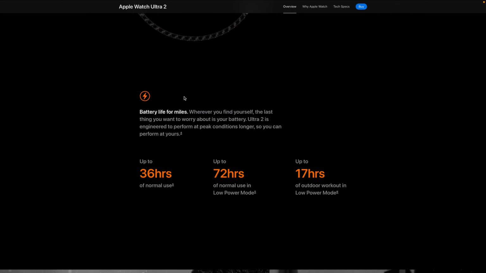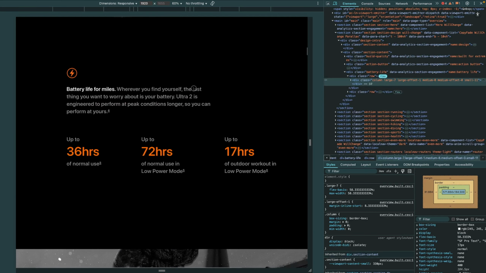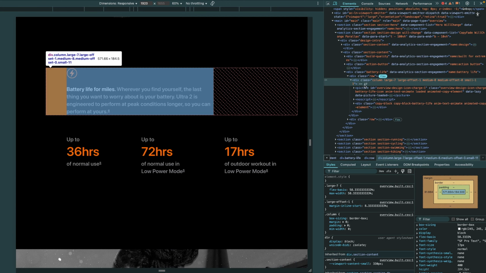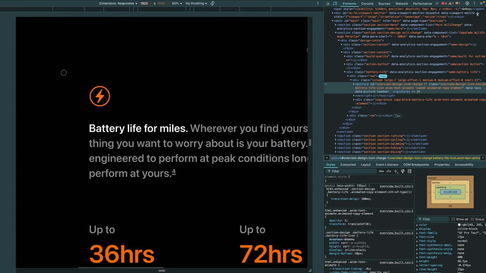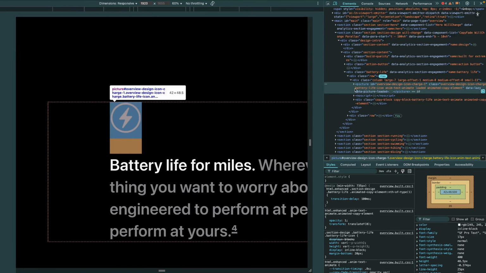Okay, right click and go to inspect element again. Let's zoom in a little bit. Now here in this flex box, you have this image. Now, for some reason, this is 42 by 48. All right, so if I zoom in a little bit more, you can see that there is some gap